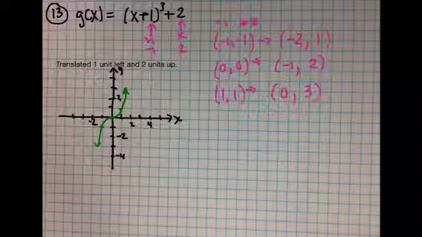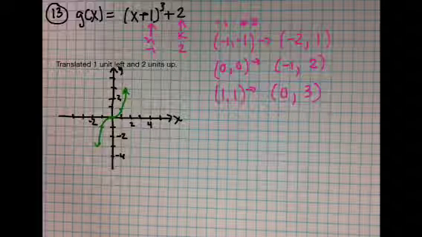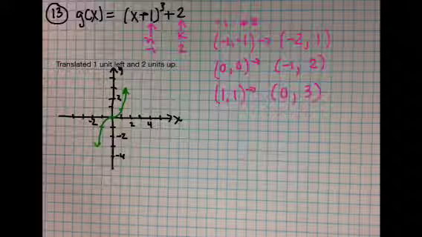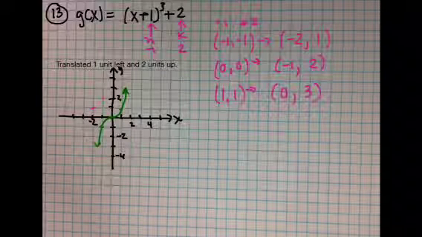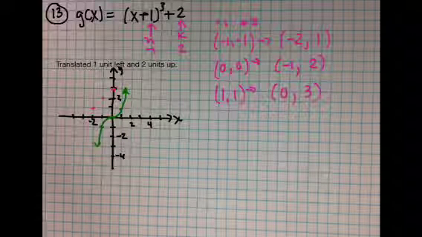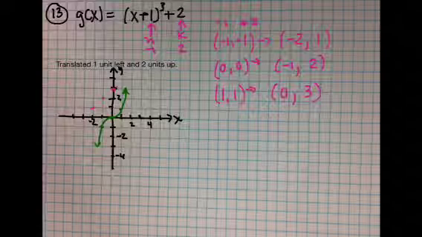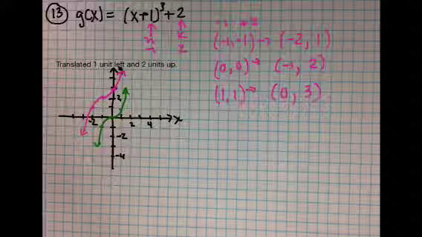So now let's go ahead and plot the points, negative 2, 1. Oops, forgot to change the marker, sorry. So negative 2, 1, about here. Negative 1, 2. And then 0, 3. Okay, again, it looks like you could draw a straight line through them, but that's not the right graph. The graph is the cube function, so it goes something like this, and then it curves down like this. Okay, so the pink one is g